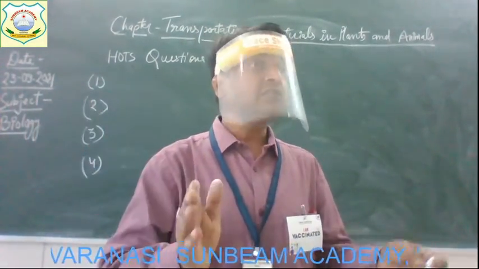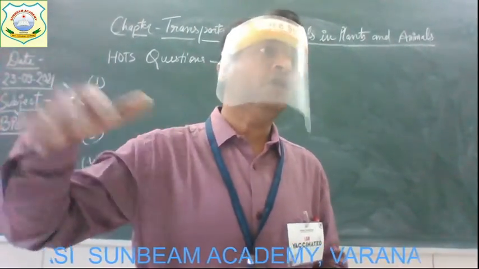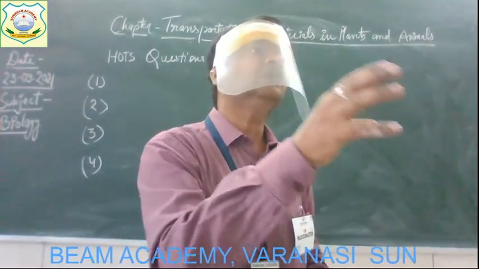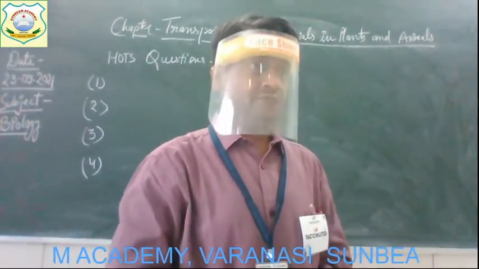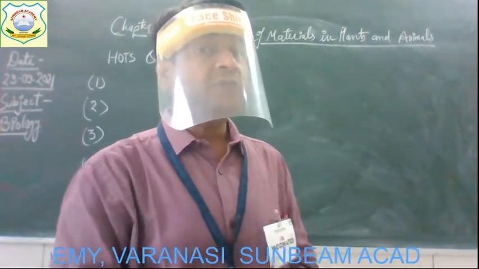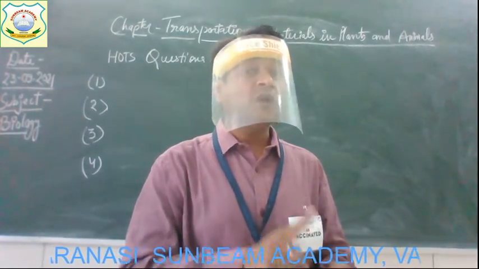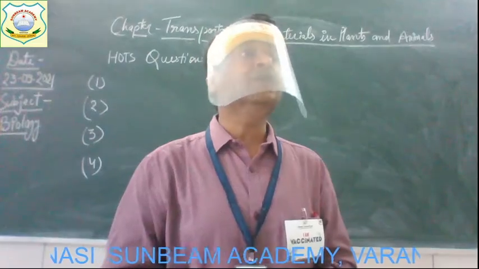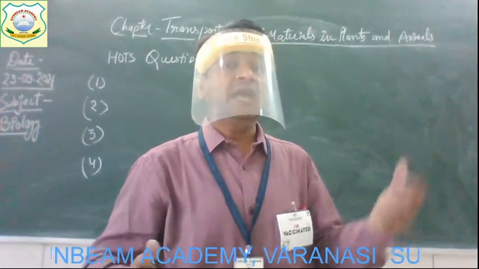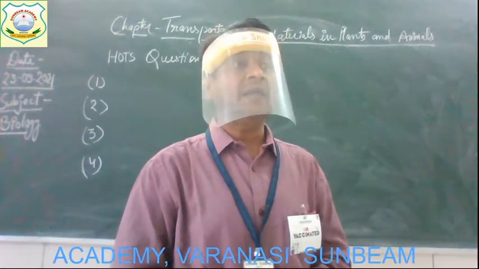So the question is, why then do the plants absorb so much water? If they are going to remove it from the body by transpiration, then why do they absorb more water? Why do they not absorb only the water which is required by them? What is the reason? The reason is that plants absorb so much water because the evaporation of water vapors from the leaves produces a pulling force, and that pull force causes the water to move upward in the plants.